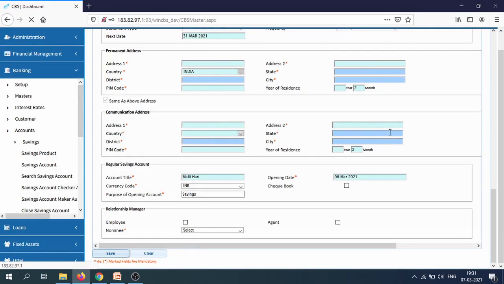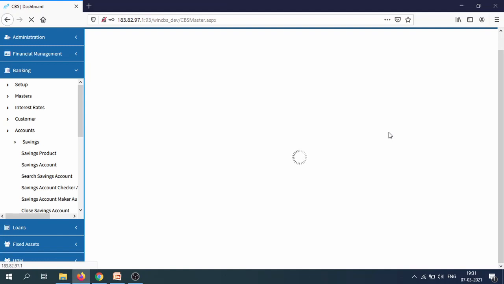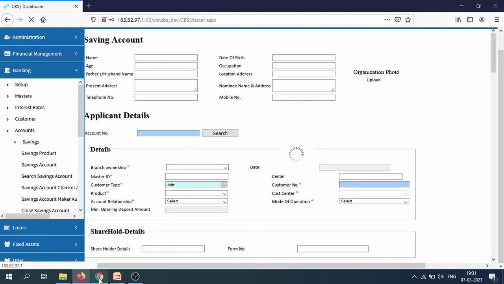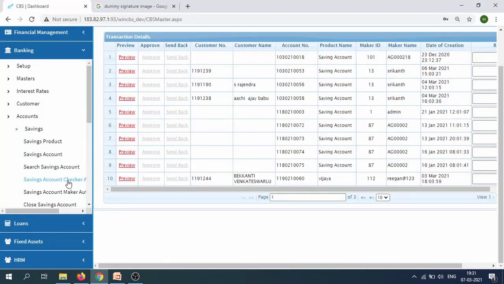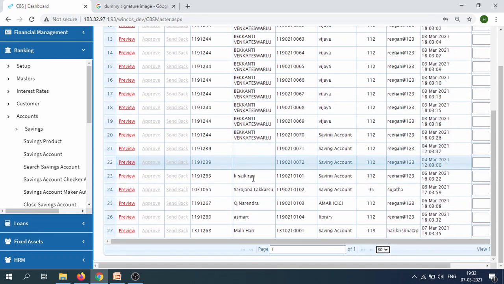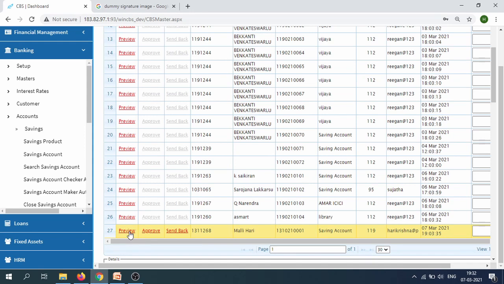Now as a checker, I have to approve this account. I'll go to, you can see, the new savings account created and it has come for approval.